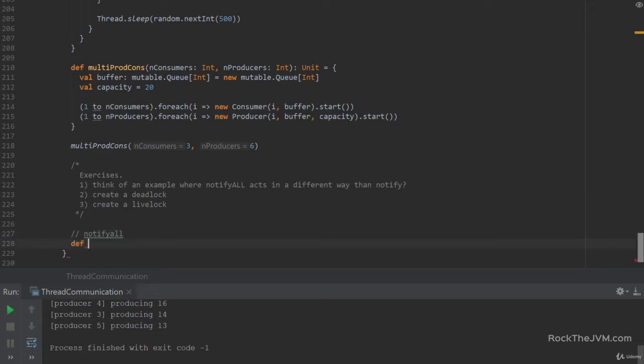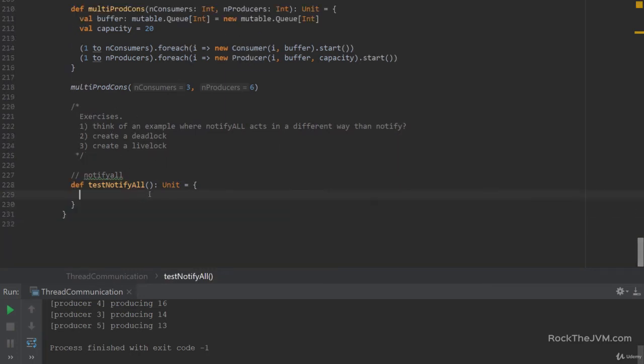All right, so first exercise, notifyAll. Let's create a little method, let's call this testNotifyAll. All right. And I'm going to create a little synchronization object, and I'm going to name this suggestively a bell for ringing a bell. And this can be anything at all. I'm just going to create a simple string or an object. All right, a plain Java object. Now, I will create 10 threads. So 1 to 10 for each. I'm creating a new thread,